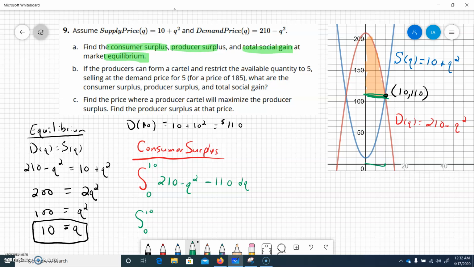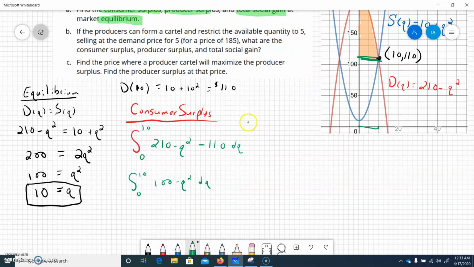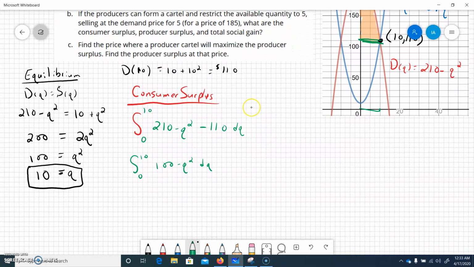It might be worth making this 100 minus q squared dq. And let's move this up for now. We might come back. But if we integrate that, we get 100q minus 1/3 q cubed, and we can put a plus c there, but when we plug in the 0 and 10, it won't matter. So when we plug in the 10,